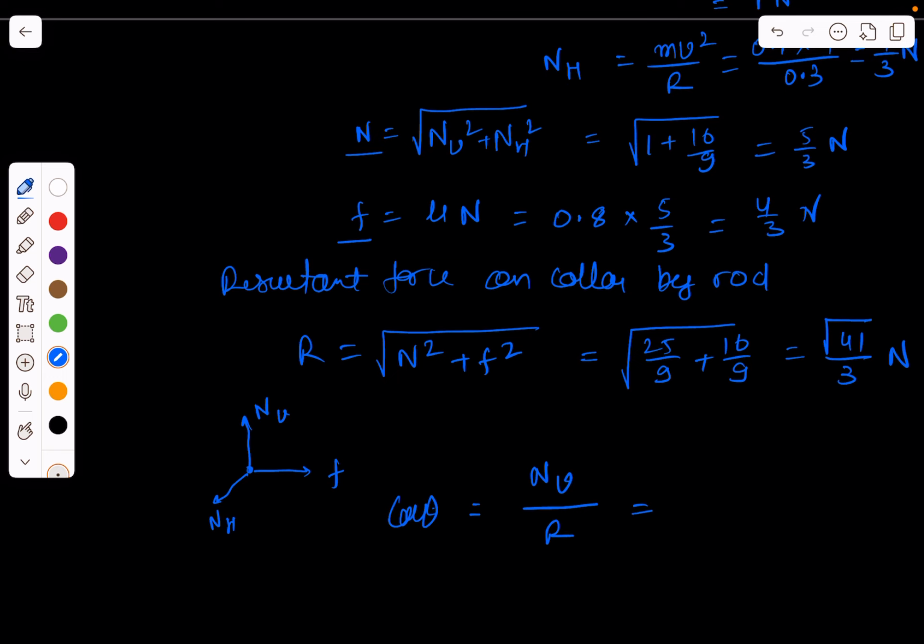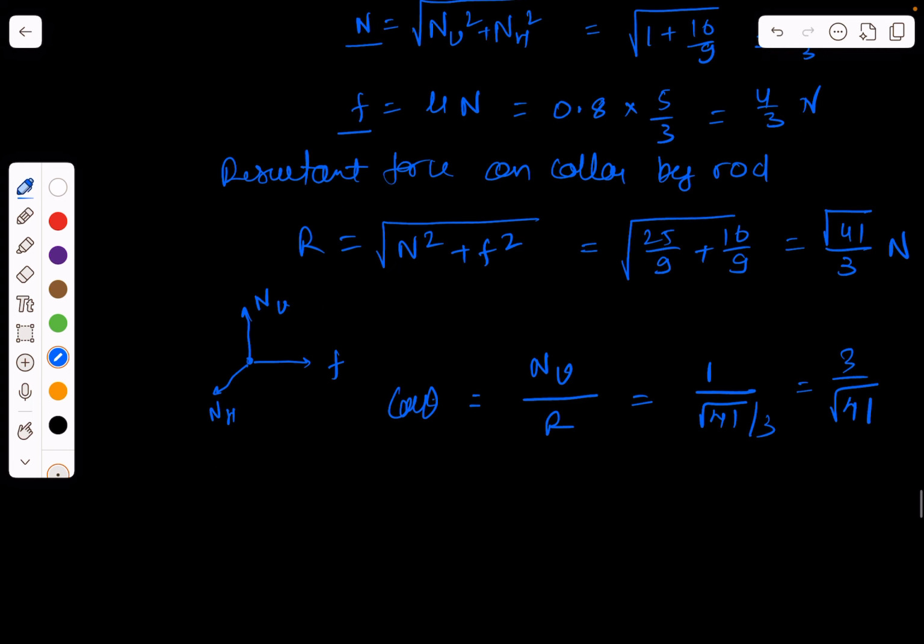So NV is 1, and the resultant of all the forces is under root 41 by 3, which can be written as 3 upon under root of 41. And so theta comes out to be cos inverse 3 upon under root 41,